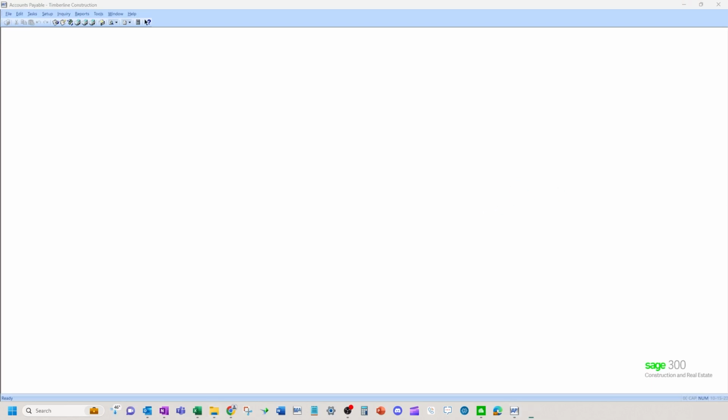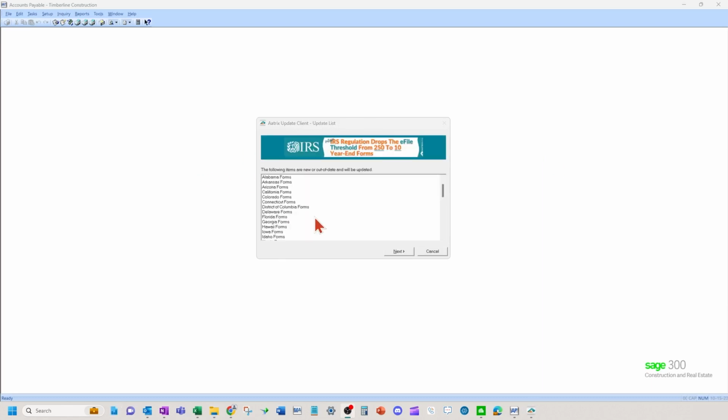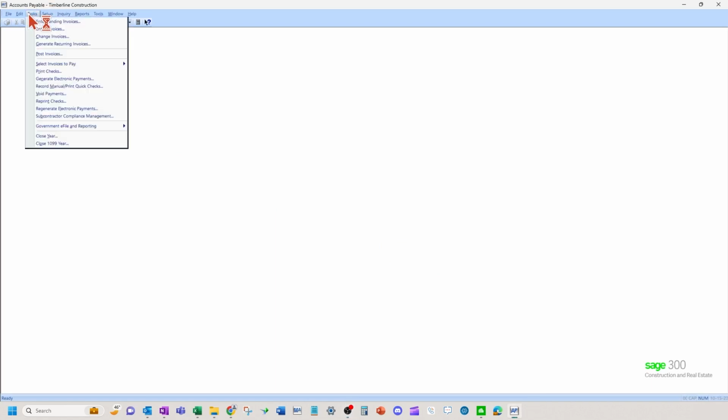You're going to pick the message that says, do you want to allow this app to make changes to your device? Say yes. And it is now in the process of updating. Okay, we'll give this a minute to run. Okay, now we're going to hit next. Let this run. Okay, now the forms have been updated. We're going to run the task again.